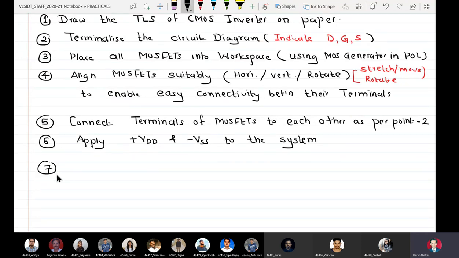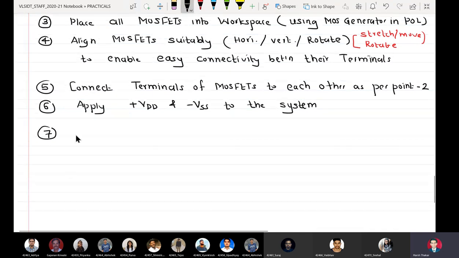So what I will do, I will skip step number 7 when I am doing a demo, and I will show you what happens and what it is called, right? After we applied VSS and VDD to the system, the next step, which is very important, is to polarize all NVELs in your circuit.